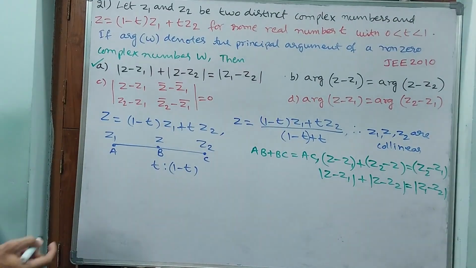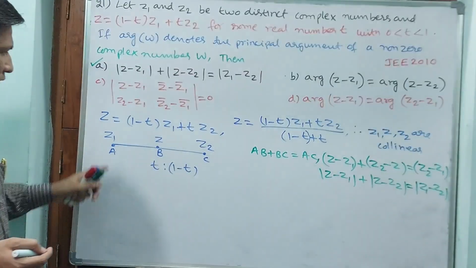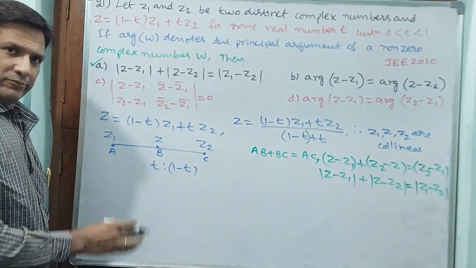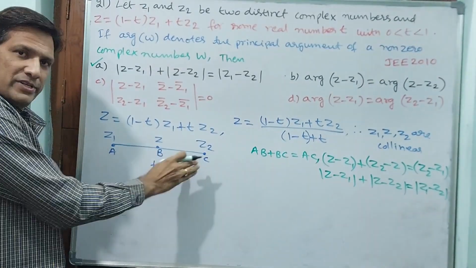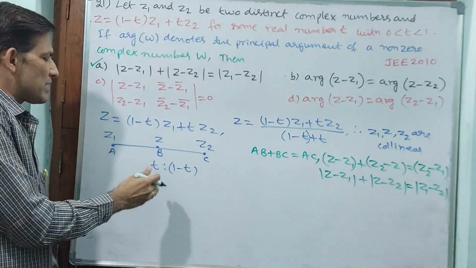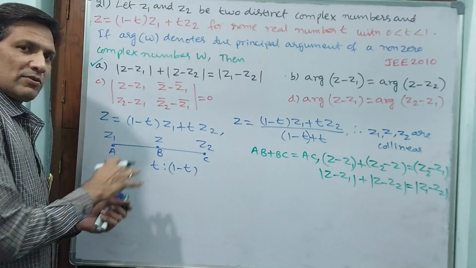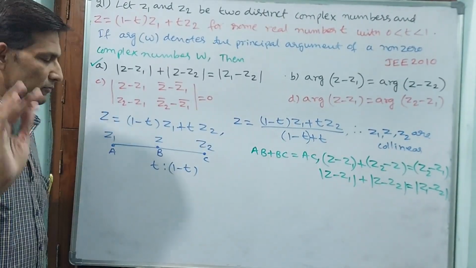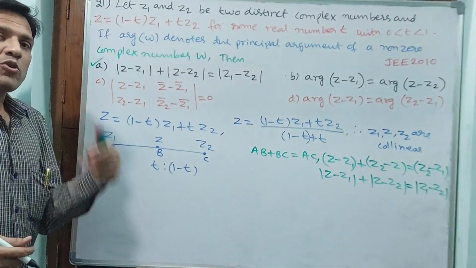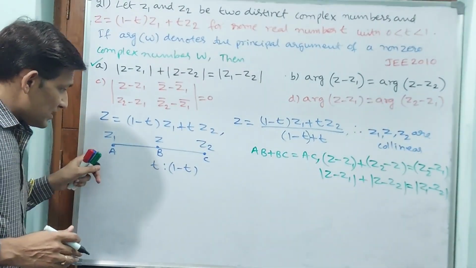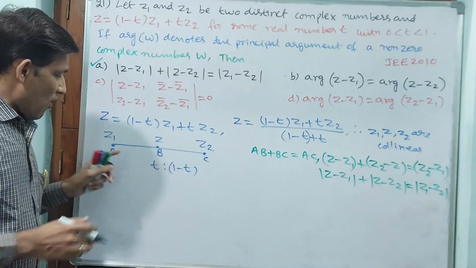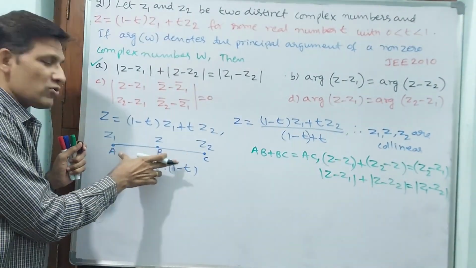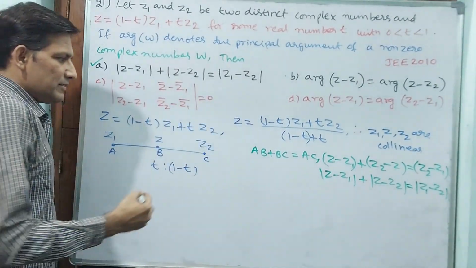Now go back. We have already seen these vectors like complex numbers: AB plus BC is equal to AC. If you put modulus, automatically AB or BC or BA, both are going to become the same. Why? Because modulus is going to make a negative number positive. That is okay. What about argument? Argument of AB is equal to BC is equal to AC. Why? Because all are collinear. Shall I write it like this?